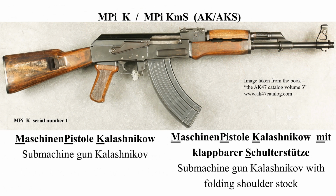The fixed stock rifle was the MPi K, or Maschinenpistole Kalashnikov, or submachine gun Kalashnikov. The folding stock AKS was the MPi KmS, or Maschinenpistole Kalashnikov mit klappbarer Schulterstütze, or submachine gun Kalashnikov with folding shoulder stock. My apologies for the rough German pronunciation, but all my German comes from old war movies, Ramstein, or